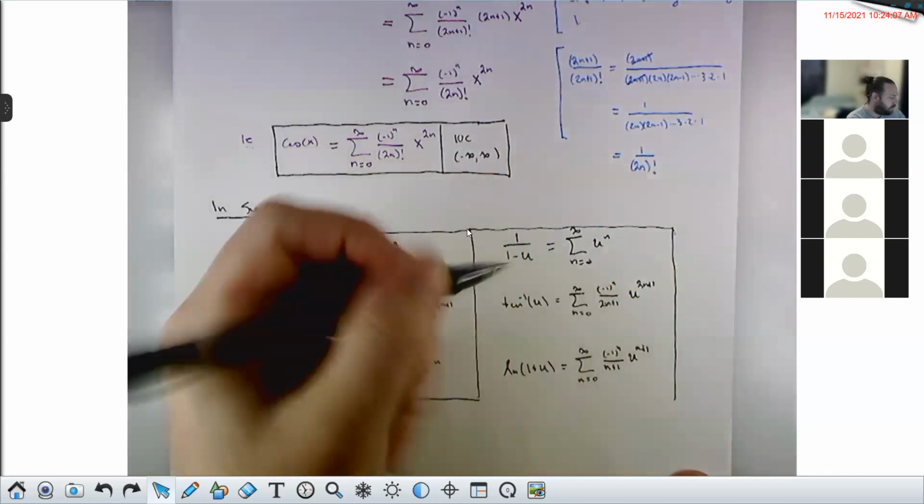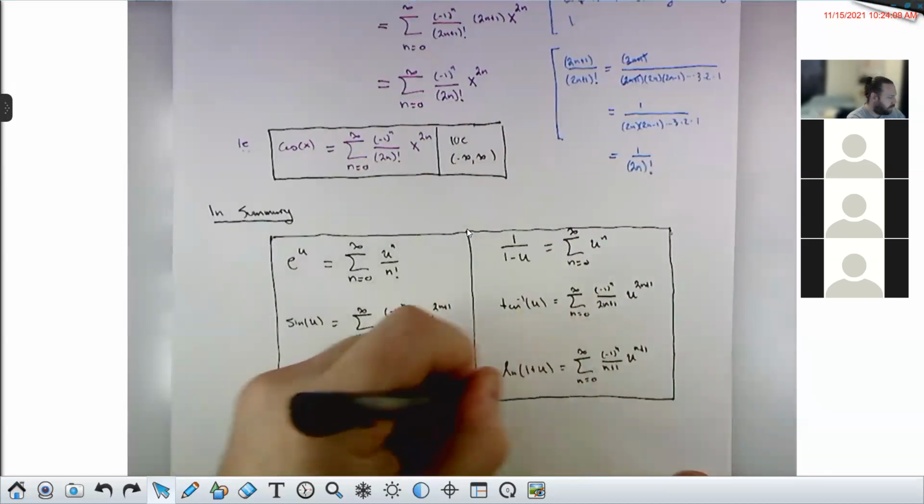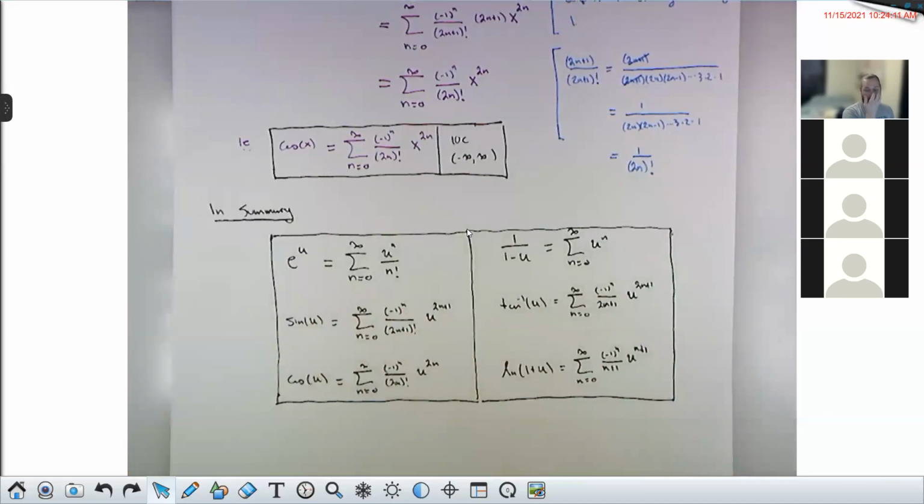These 6 power series, I fully expect you to remember exactly. These are not ending points for us. These are starting points. So when I ask you to find a power series for e to the negative x squared, you're going to write this down, and then you're going to plug in negative x squared for u